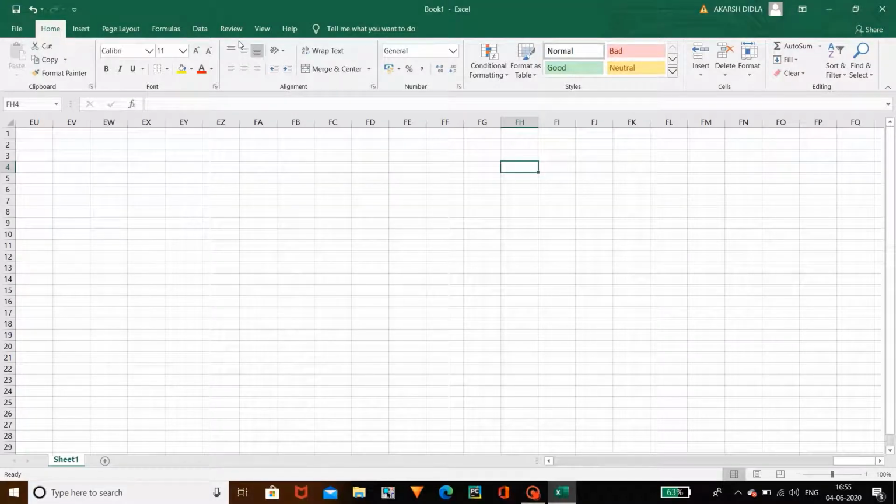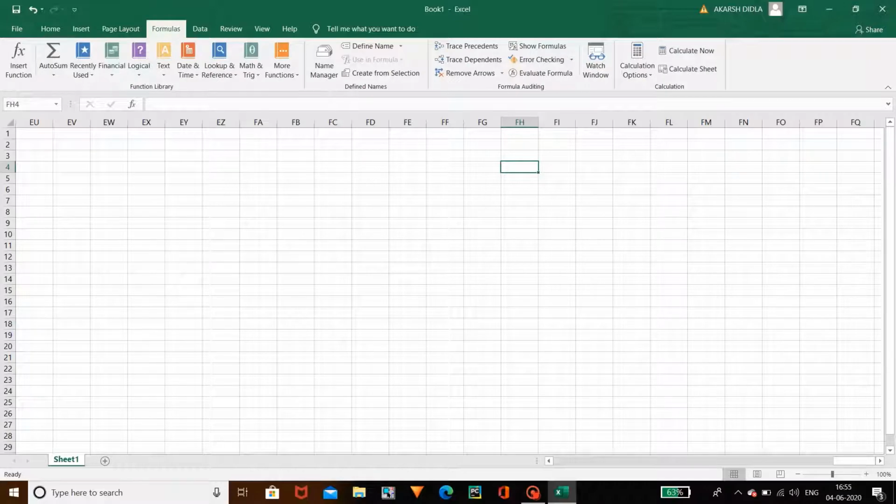Coming to lesson 1, I am going to teach you each and every option in these menus, namely File, Home, Insert. As you can see at the top, my cursor is moving, right? These are all menus, and these are the options in each menu. As you can see, I have selected Home and there are different types of options, and I have selected Formulas, there are different types of options. I am going to explain each and every option in these menus so that you can know what is what and which option is used for what purpose. So I am going to teach you everything, so listen carefully with interest and practice well, so that after practicing you can get everything.